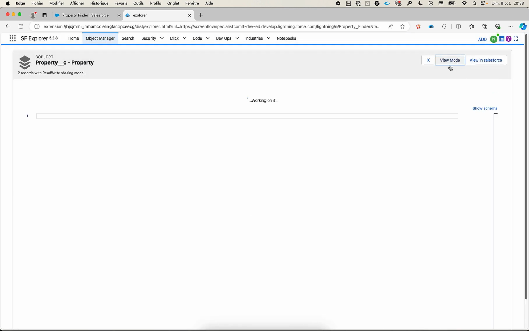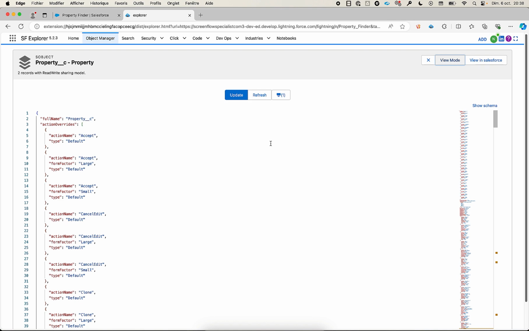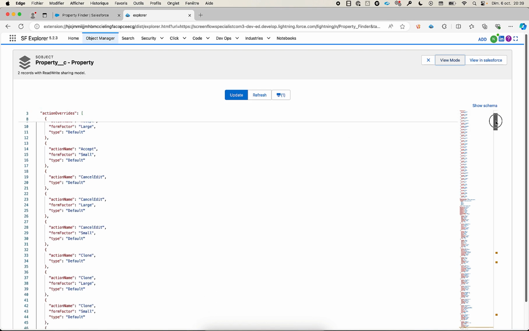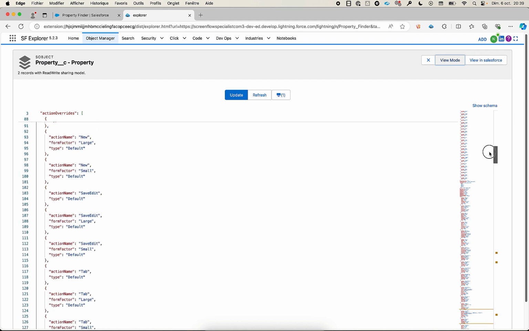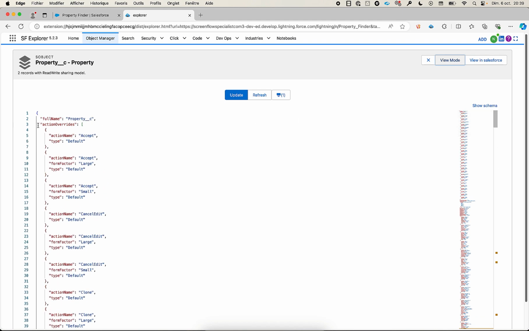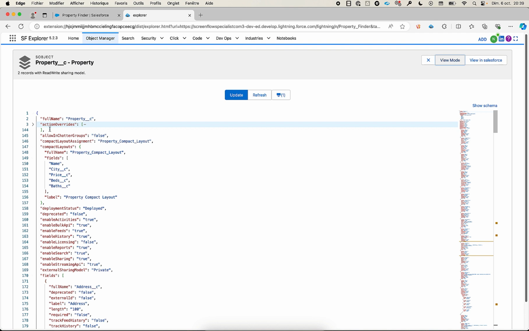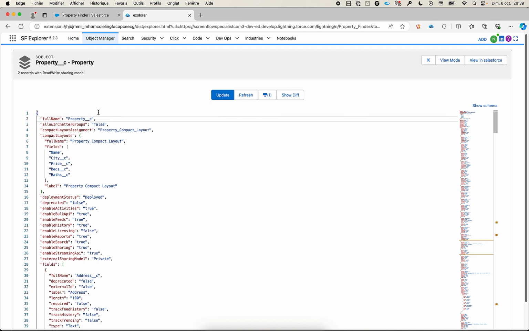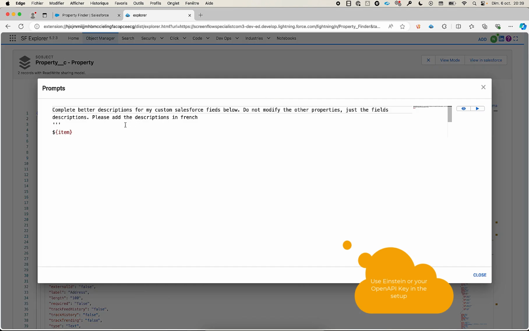So from here, you can use the edit button. That shows you, right, the equivalent of the XML you got in VS Code, right? When you deploy it, I'm going to get rid of this for now, the action override, and I'm going to use one prompt, this one. So I'm going to see the associated prompt, and this is by default giving you a prompt to complete the fields with better description. It's asking you to do that in French. So I'm going to remove the French section, and I'm going to ask the system to provide description